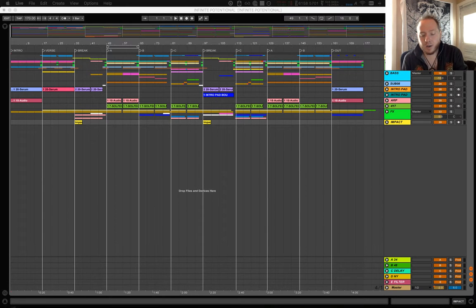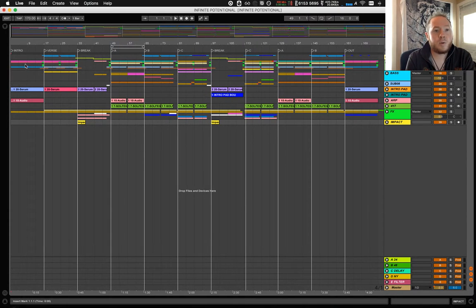Now, there are a lot of different formats for arrangement, and what I mean by format is that I have this project pulled up here, Infinite Potential, and when you look at it, how I have it broken down is it goes intro, verse, then it goes to a breakdown. It's like a break and build, right? And so that's pretty standard for a type of thing.